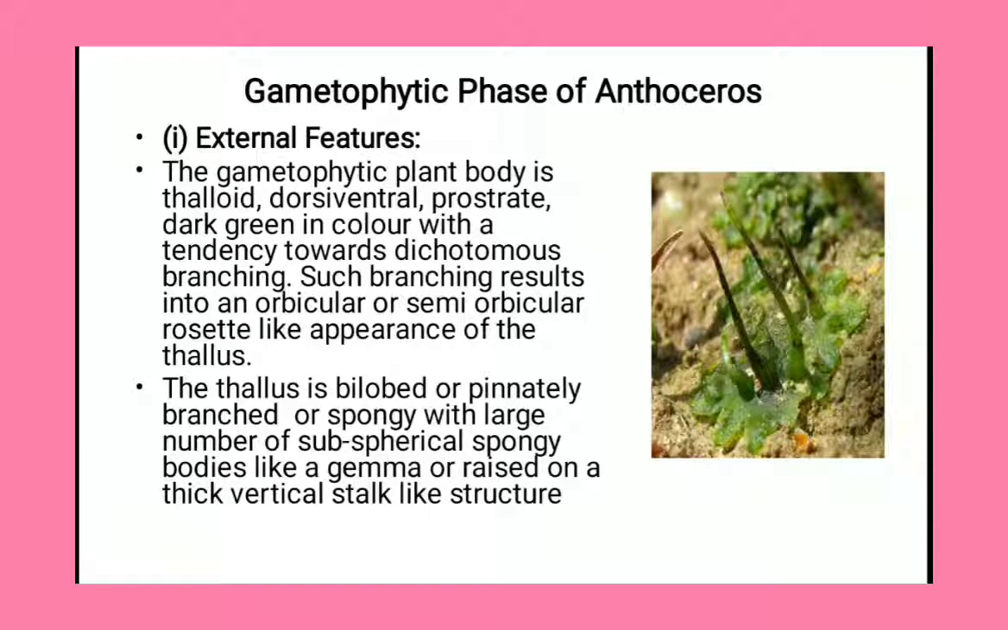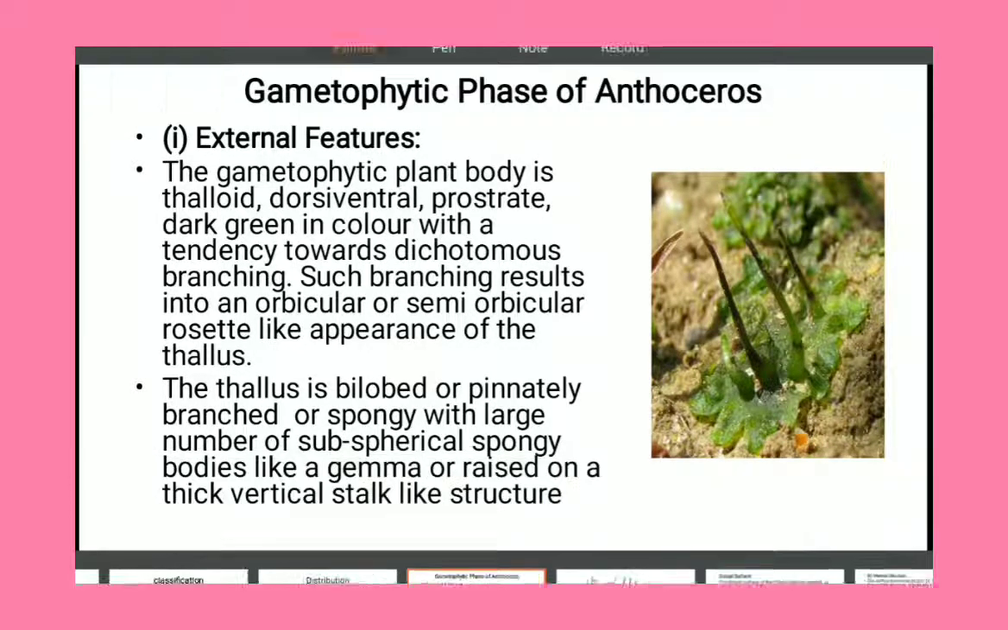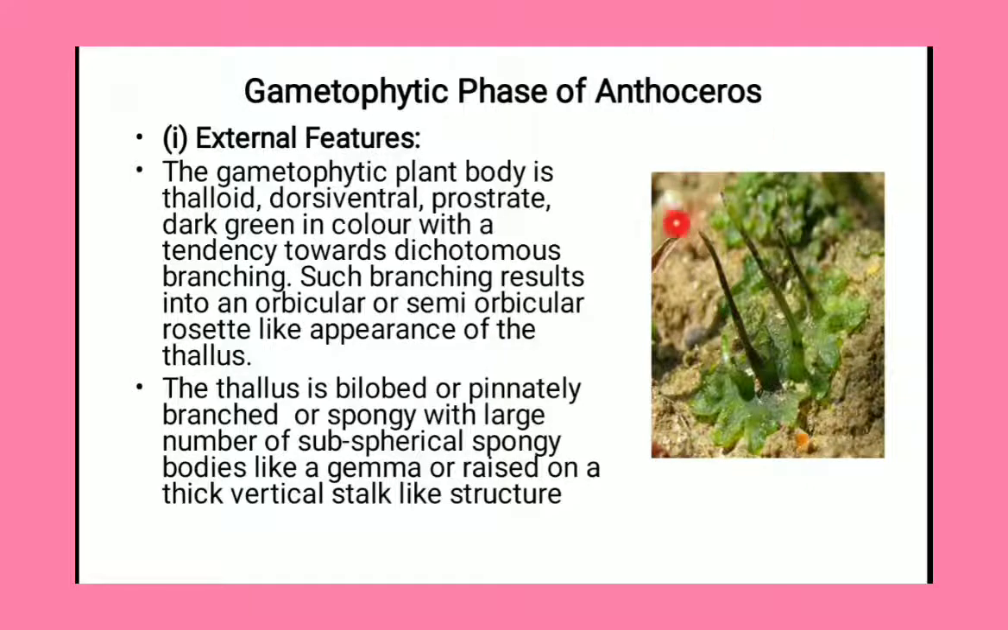Then, the gametophytic phase of Anthoceros, also known as the external features or morphological features of Anthoceros. You can see this is the real structure of Anthoceros. The gametophytic plant body is thalloid. You can see this is a thallus-like structure. This is a spreading structure, so it is known as thalloid. Dorsiventral,